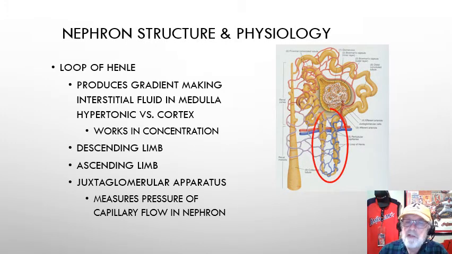And that loop of Henle is the area now that's circled by the red. And what happens is this goes deep. Some nephrons have a really deep loop of Henle that goes real deep down into the medulla. As you get deeper and deeper into the medulla, closer to where the renal pelvis would be, the concentration of the extracellular fluid gets more concentrated. And what that does is it starts to suck out water and starts to concentrate the urine just a little bit until we get to